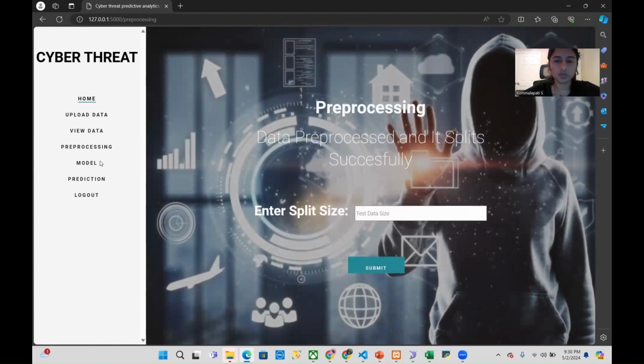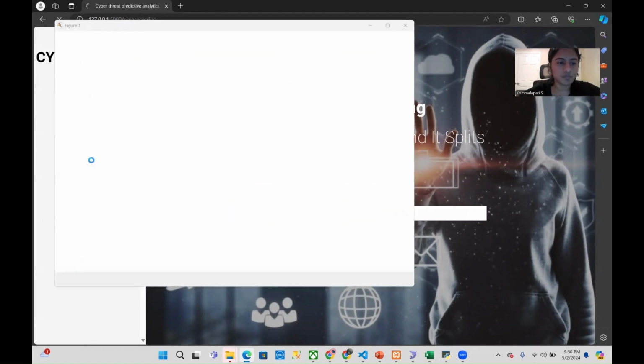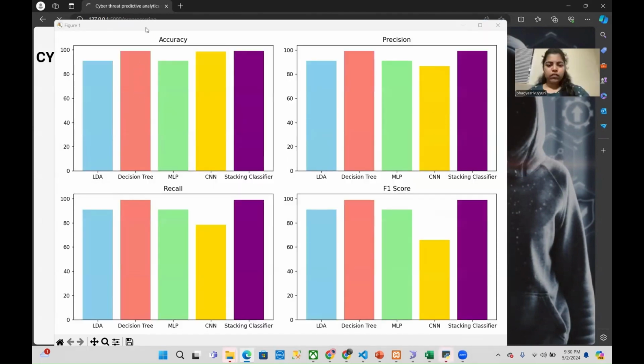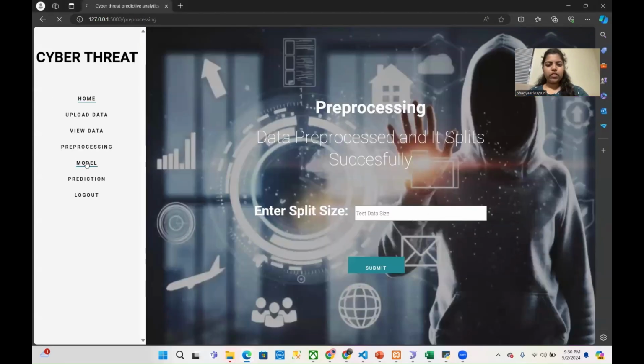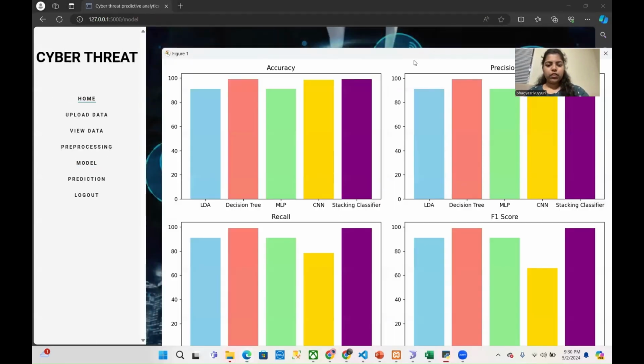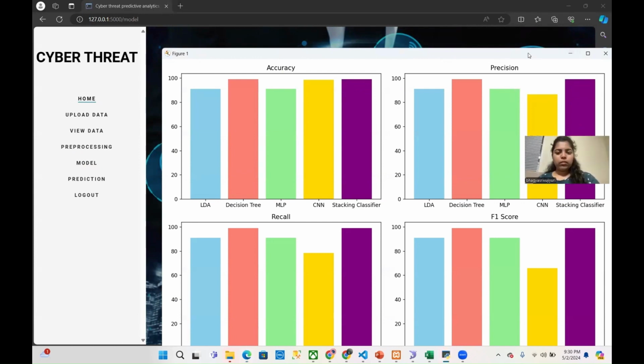Next, let's move on to the model. Here we'll have the prediction of various metrics like accuracy, precision, recall, and F1 score. These are the values for each of the predictions.